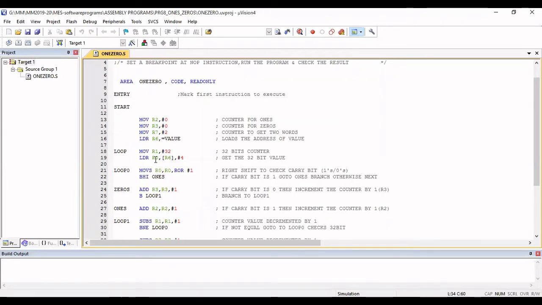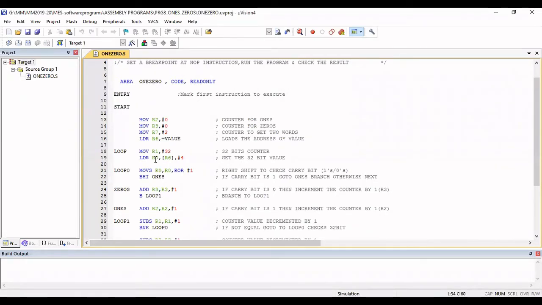When you represent that 3 in binary format, starting from the MSB side everything will be zeros, and only in the LSB positions will you have 1 1. So 30 zeros are there and only 2 ones.